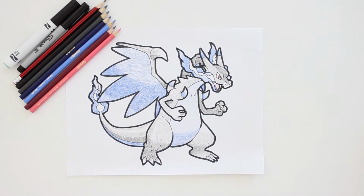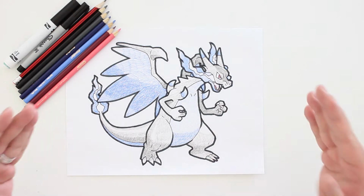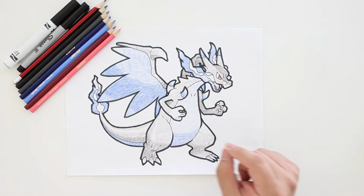Hey, what's up guys? Today we'll be drawing Mega Charizard X from Pokemon. In this short video tutorial, I'll be going over the step-by-step of how to create this drawing from start to finish. Beginning with roughing in the basic shapes and form with pencil, and then refine the rough sketch with detailed